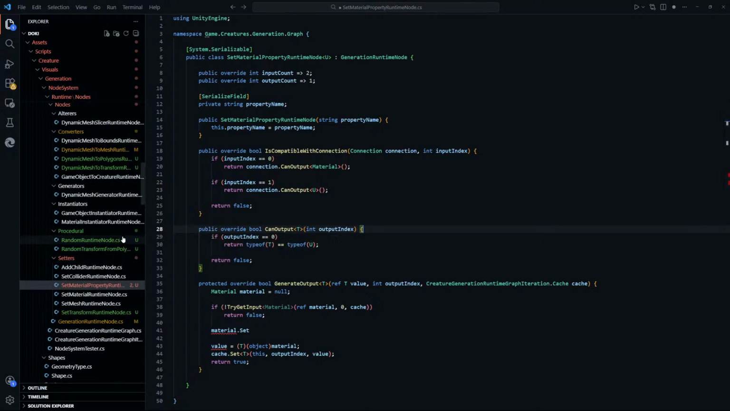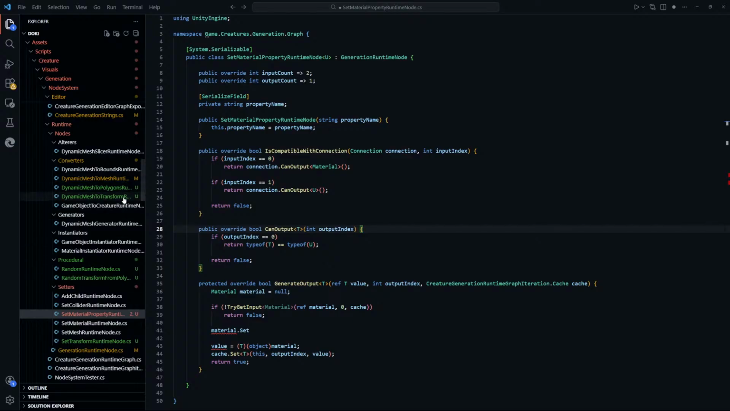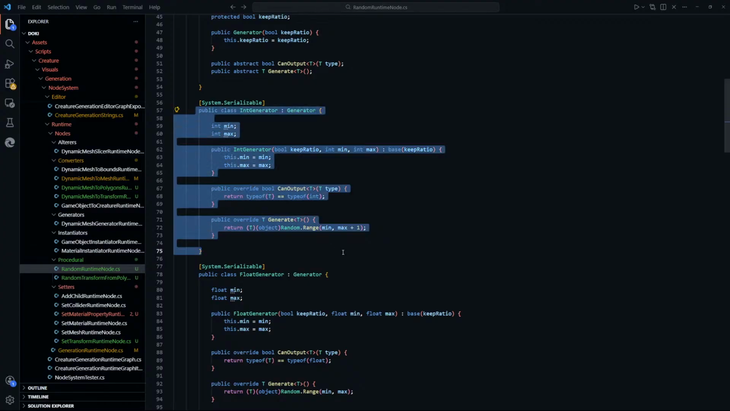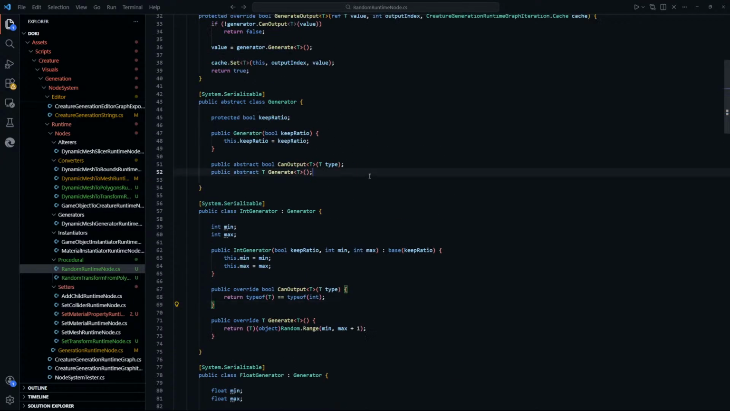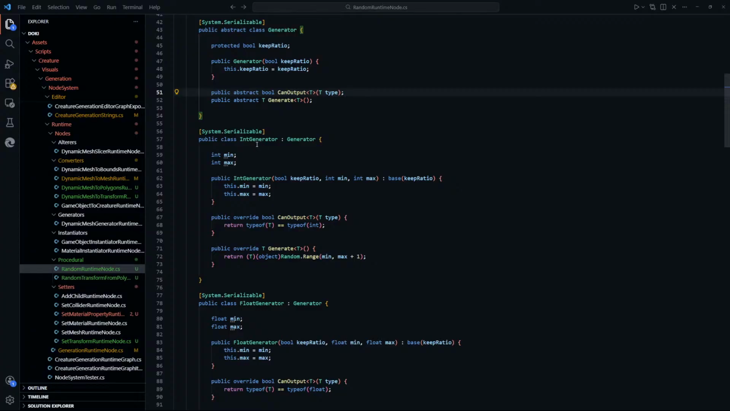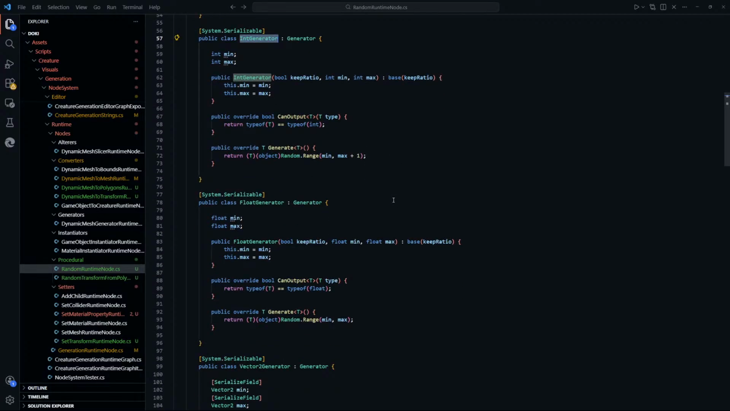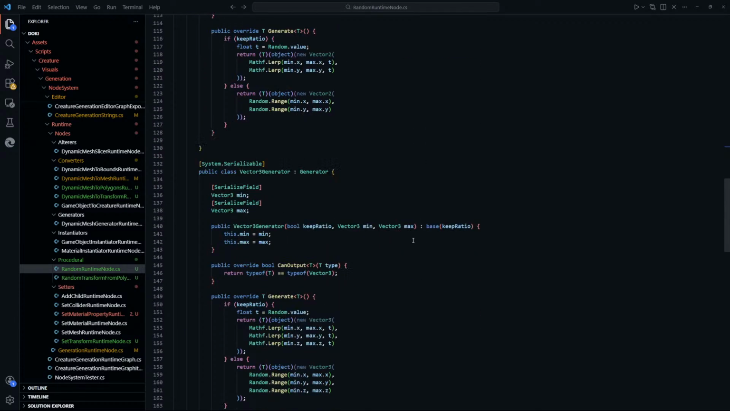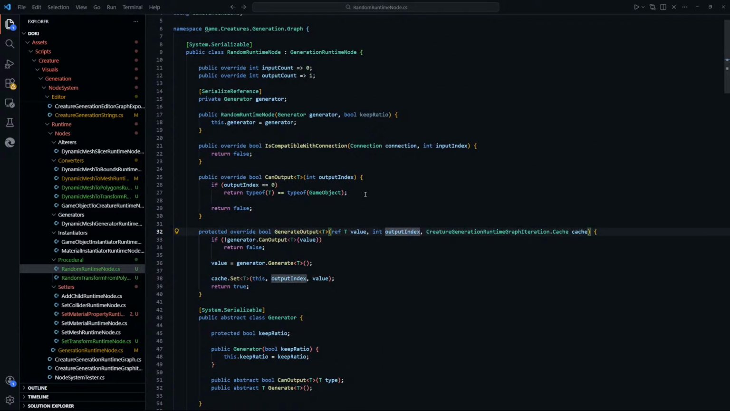So maybe we can do something similar as we did in random runtime node, that we just have something like this. So here we have a generator class, which is an abstract class, and generates int and float and stuff like this. It's the generate method here that is the biggest difference, I reckon. Then we also have a can output just to make sure, because we want to check here if the generator can output it. So I'm thinking of doing something like this, but then again,